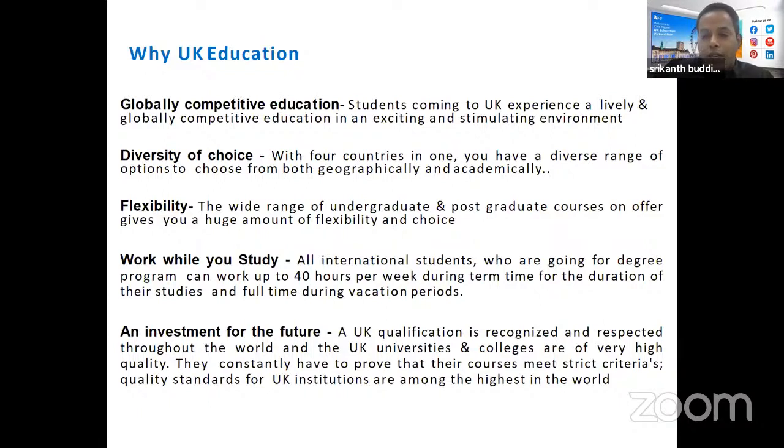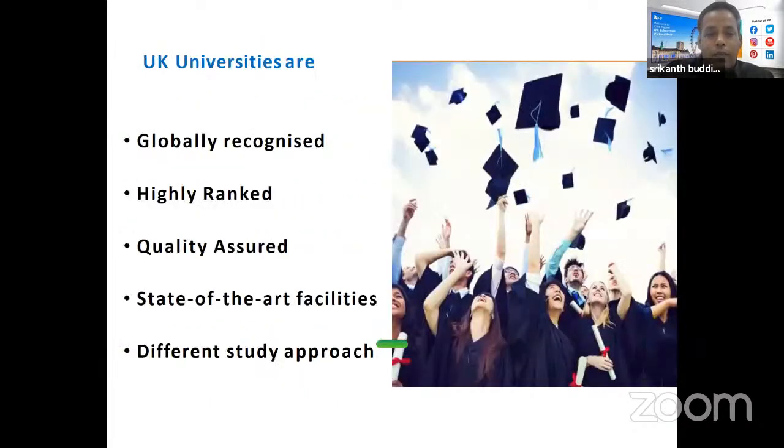If you are not interested in working in the UK, you can work in the USA with the degree, or in Canada. For Canada PR, you get 20 extra points for UK degrees. In Australia, you can also work with a UK degree, and without studying in Australia you can directly work in the UK or Australia. It's an investment for the future. As I told you, the degrees are valid globally, and you can work anywhere in the world. UK universities are globally recognized.